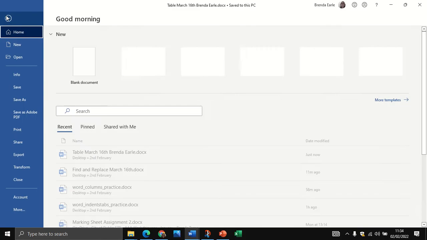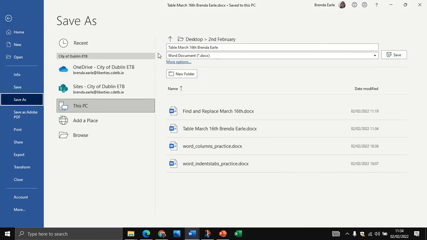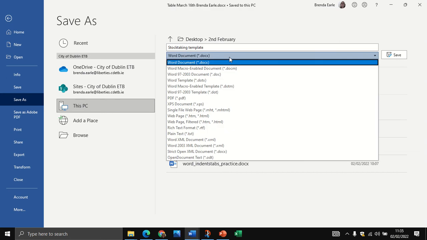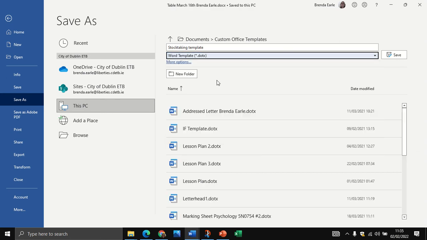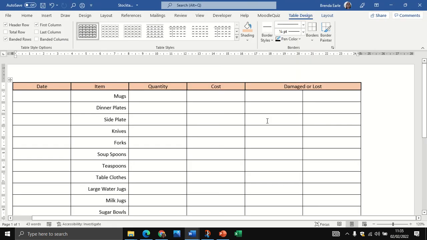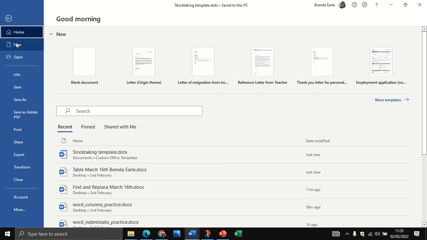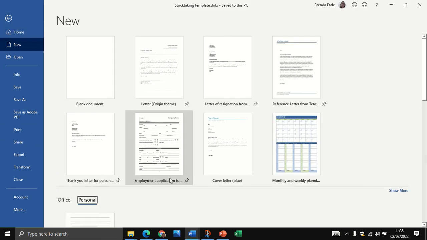And the last thing on this video I'll show you is how to save that as a template. So you go File, Save As, and I'm just going to call it Stock Taking Template. Now it's ready to save it in desktop 2nd of February, but watch what happens when I pick template. It goes to custom office templates, but we're going to do it. We're going to save. Now, what did that do? If you go File, New, and go to Personal,